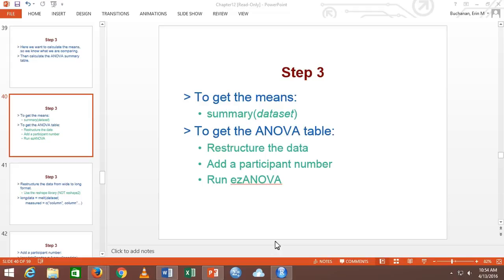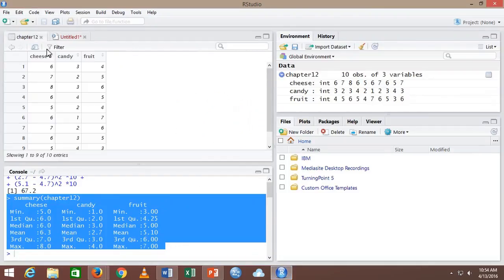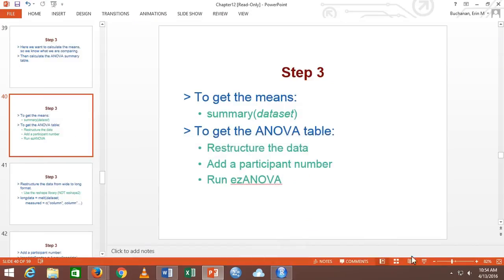This section is where you'll spend some time restructuring the data. The biggest problem that we have is that to make the ANOVA run, you can't be in this format. It has to be in a slightly different format. And then you will run it with Easy ANOVA. So if you're doing any of this work on your computer at home or in the lab, you'll need to install the Easy library. All right, so let's